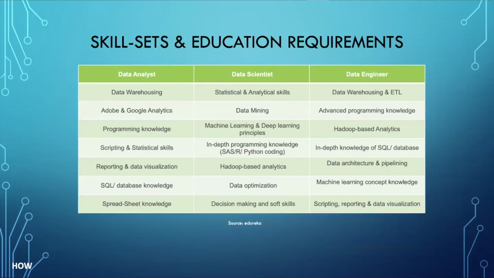Basically, from the chart, there are 3 skills we should have, but the required proficiency or levels are different between these 3 roles. One is programming. They can write code in certain languages, such as R and Python. These 2 are the most popular languages nowadays. Second, the proficiency in statistical and mathematical knowledge. The last one is business intelligence.